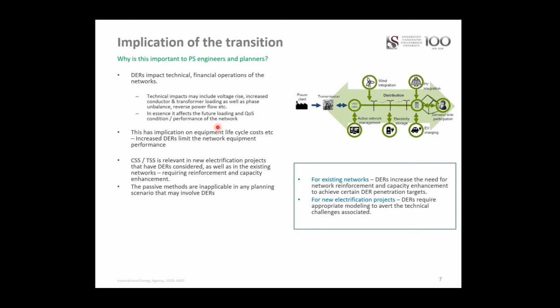For instance, if you have a plan for a network to host 50 kilowatt peak, a feeder that needs to host 50 kilowatt peak or 100 or 200, you will know that the hosting capacity of that particular network is directly linked to the size of the conductors and the transformers it's going to have. And that is also linked to the impact of the type of DER that you are going to install on that particular network. What we can conclusively say is that the passive methods are inapplicable in any planning scenario that